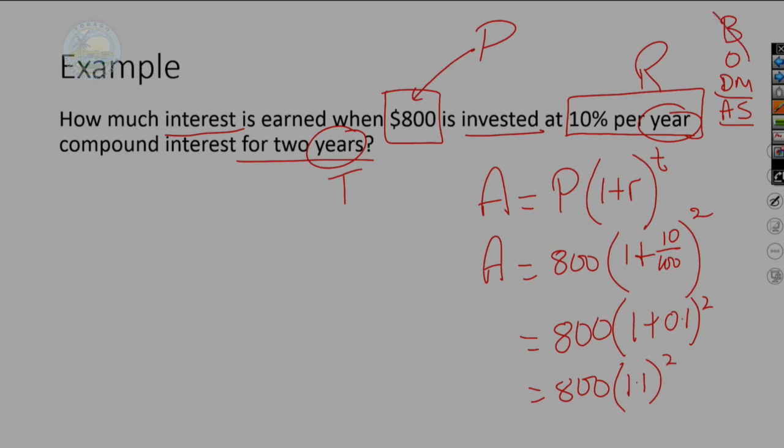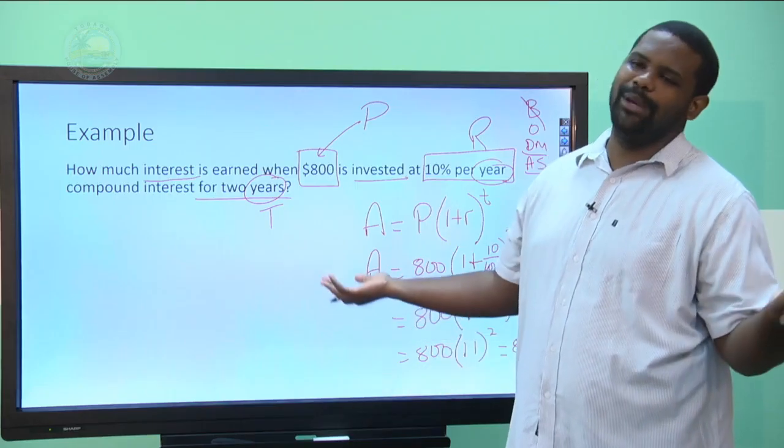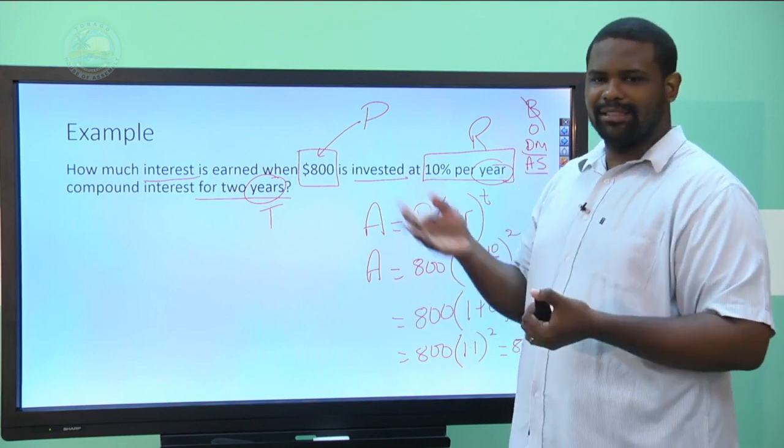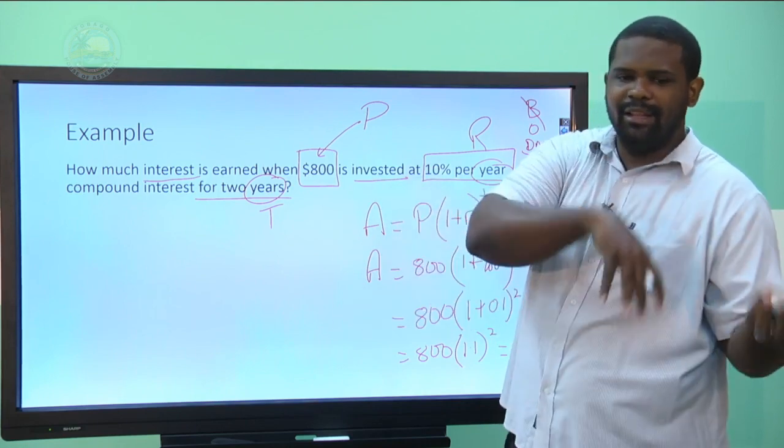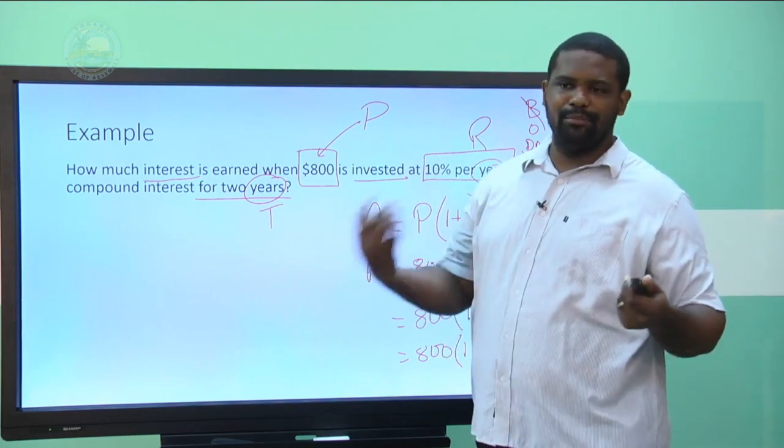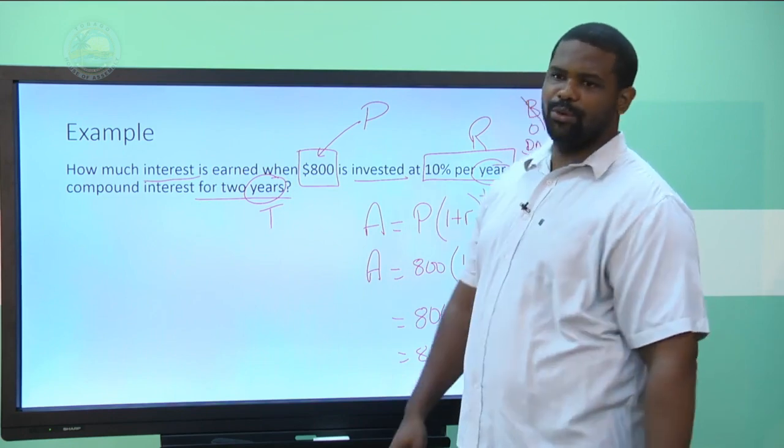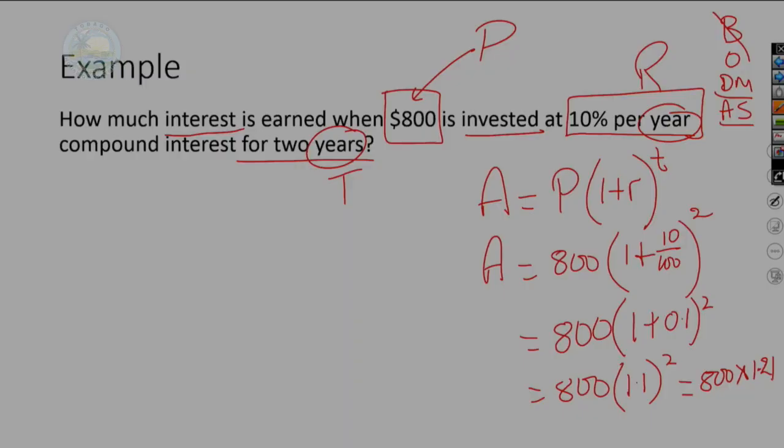Boom. Brackets done. Next thing we have to work: powers. So it will be 1.1 squared. So that will be 800 times 1.21. So how do you do that? Well, everybody knows 11 times 11 is 121, right? And remember that when you're multiplying decimals, the number of decimal places in your initial multiplication is the number of decimal places in your product. So since it will be 2, this becomes 1.21. Don't make the math harder than it needs to be. So then it becomes 800 by 1.21, and then we could make this a whole number. So it becomes 8 by 121, 121 by 8, that simply becomes